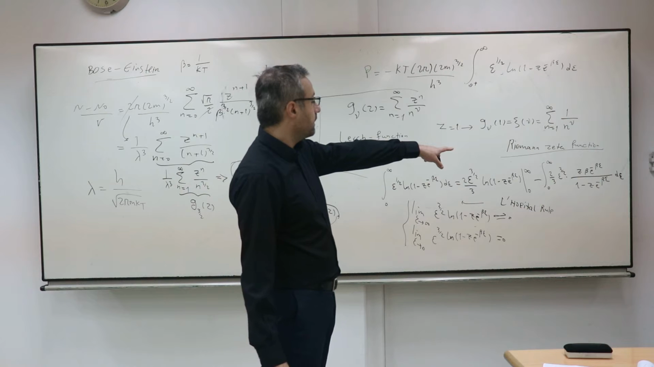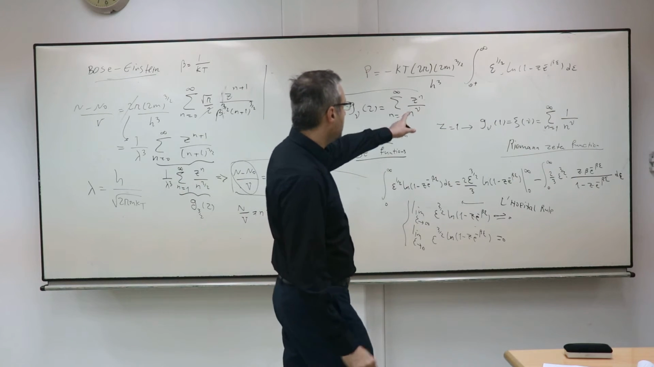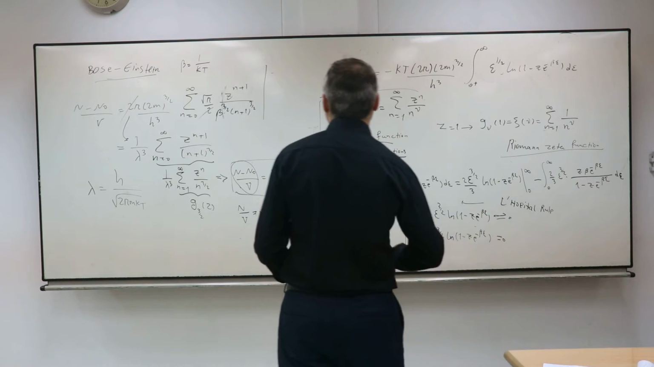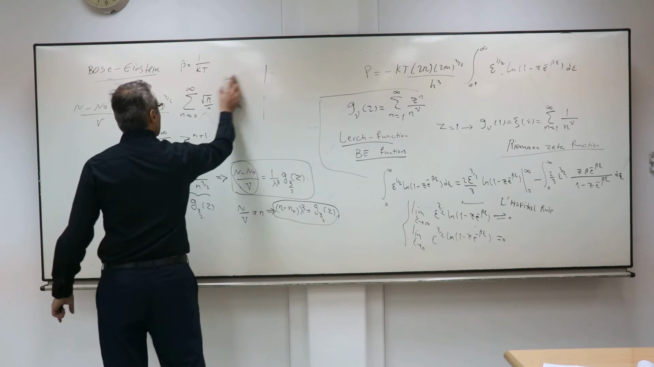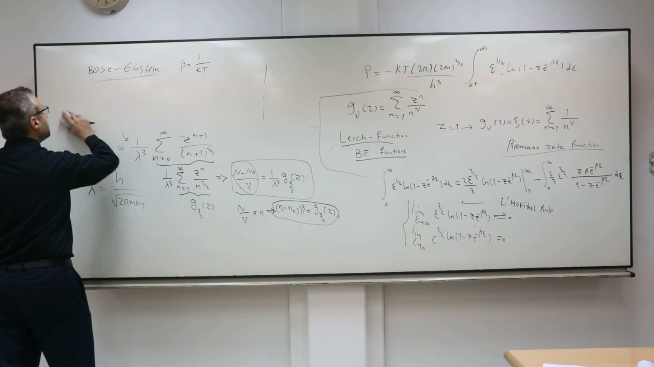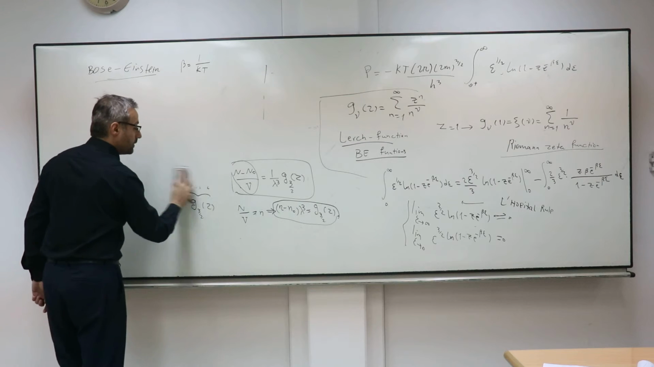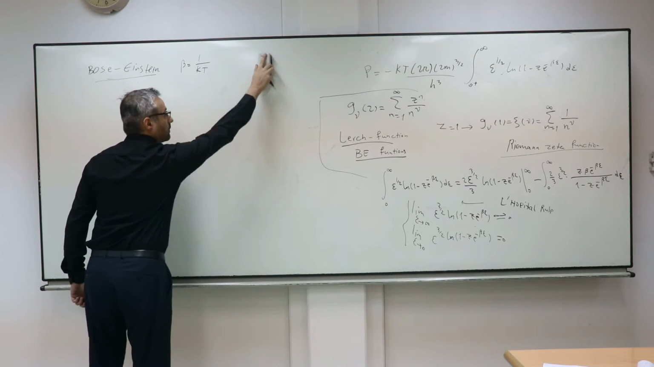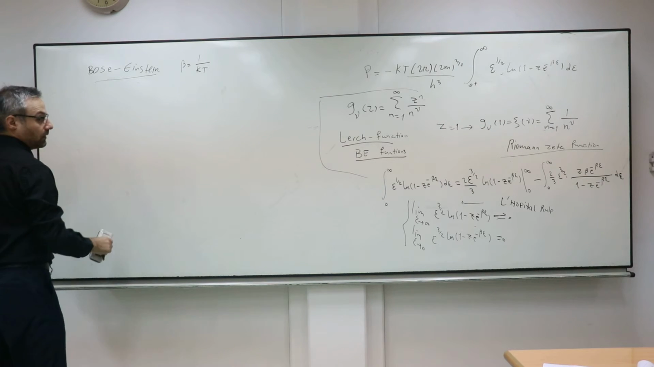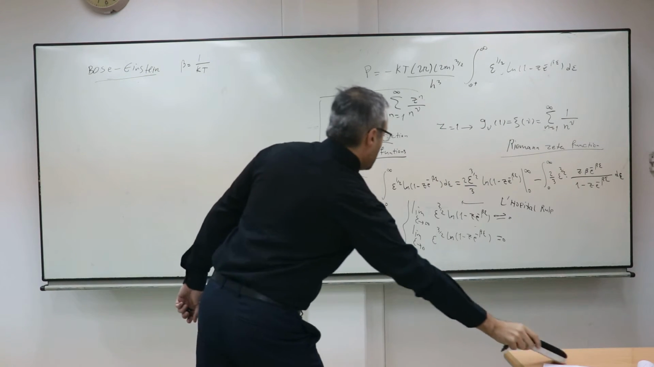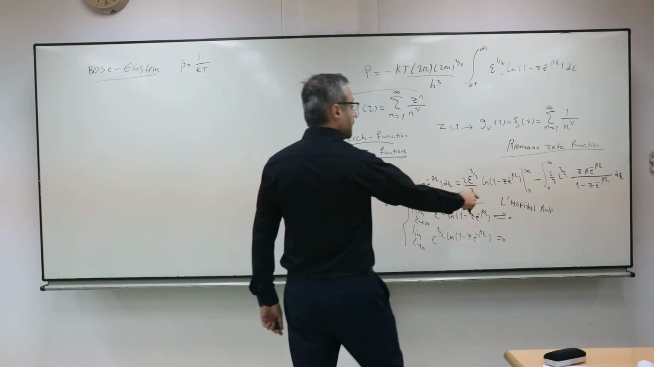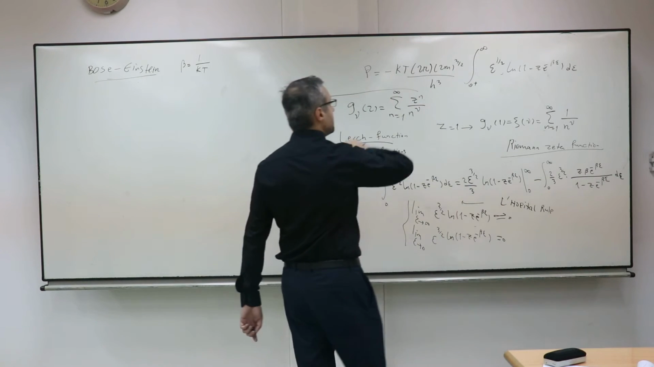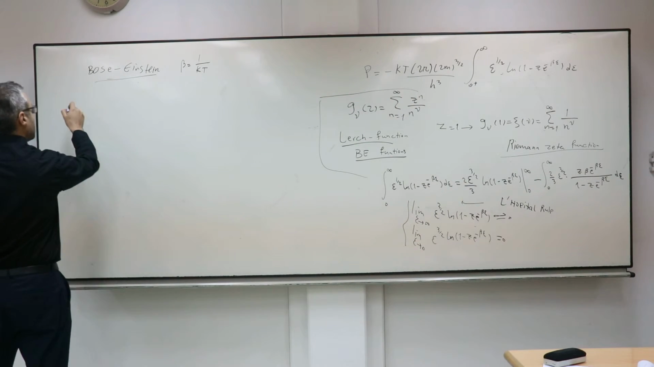So this is the integral, and this integral I can calculate in terms of the Bose-Einstein function. So let me compute the pressure. One minus z appears here, and that's good because it can be removed by this minus. So the pressure will be